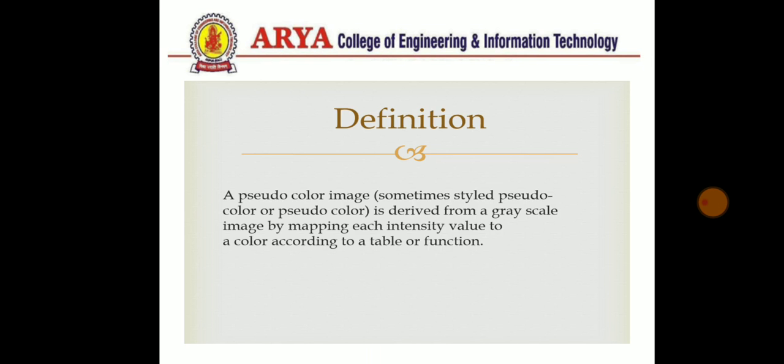First of all, what is pseudo coloring? Pseudo coloring is derived from a grayscale image by mapping some intensity values of the image to a table function. In general, when we see color images, did you think about where the colors come from, and how the black and white image is converted into the color image? In previous videos we covered some intensity functions like black and white intensity functions, gamma functions, and many more. So this is the concept of coloring the images using a table.